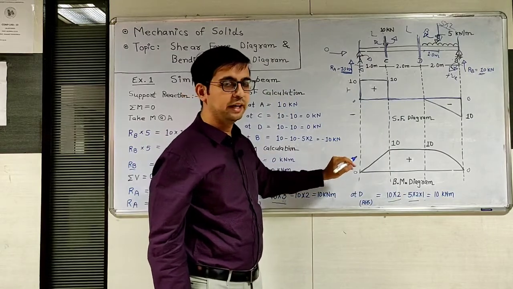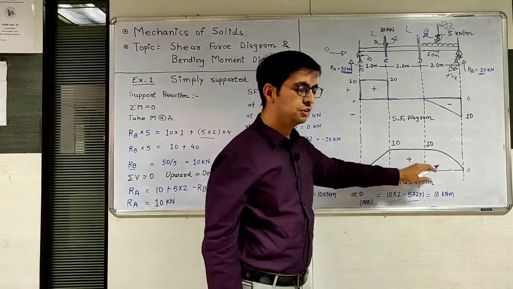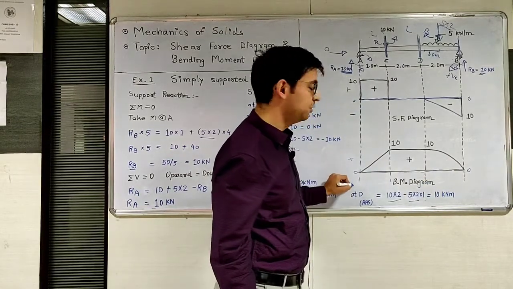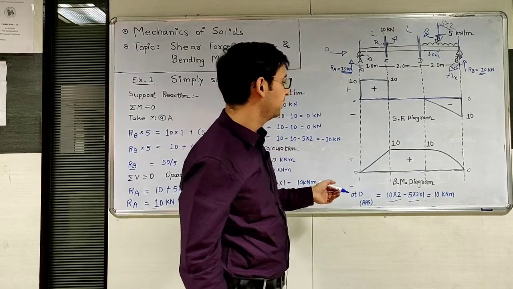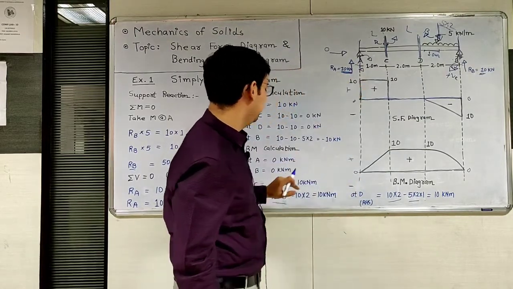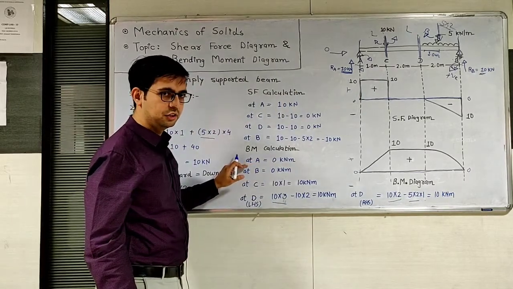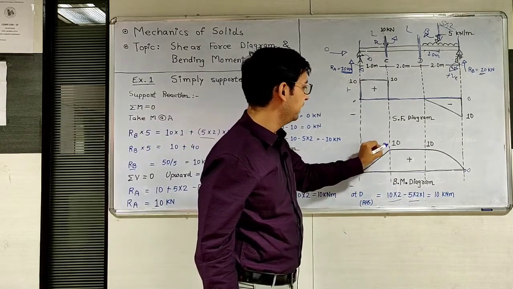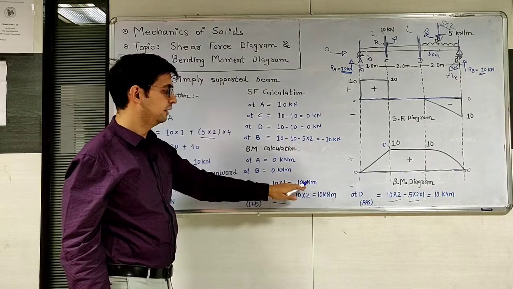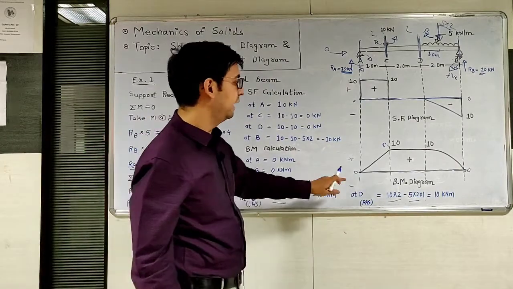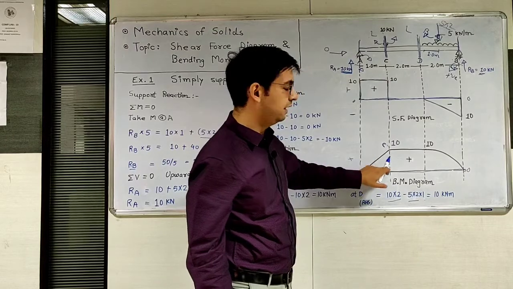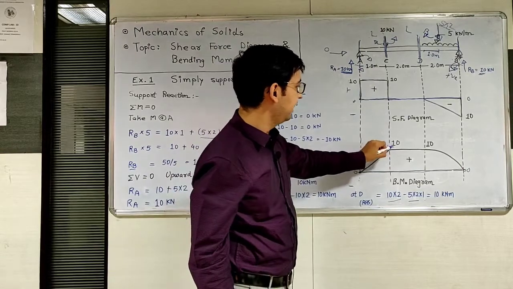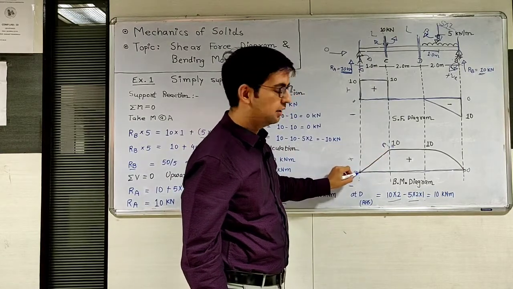Now to draw the bending moment diagram, for that draw the 0-0 level line, above the 0-0 line is the positive side and below the 0-0 line is the negative side. Here at A point you are getting moment 0, and at B point you are getting moment 0. Now at C point you are getting the bending moment 10 kilonewton meter. Here there is no load between the 2 points. In that case the bending moment diagram is an inclined line. So the answer is 10 at C and 0 at A. So connect with this